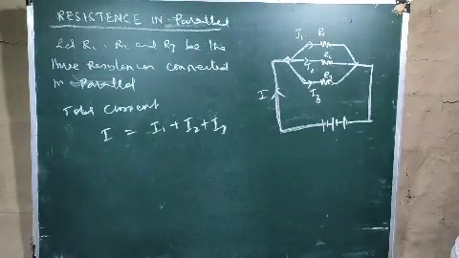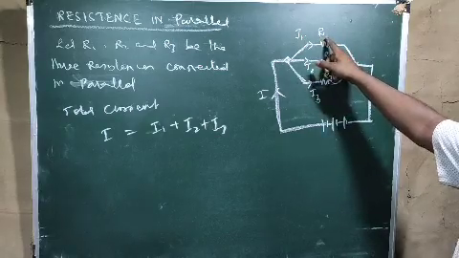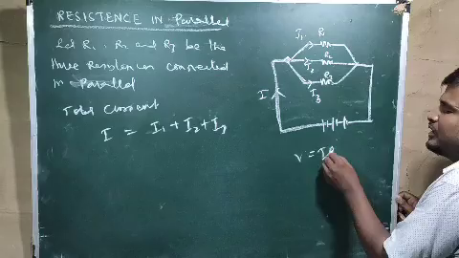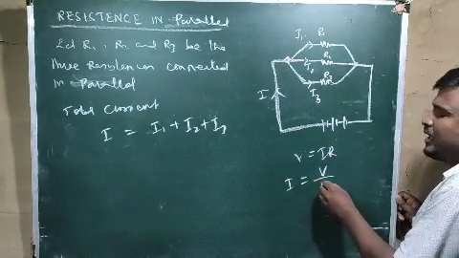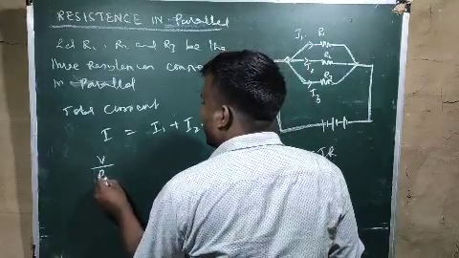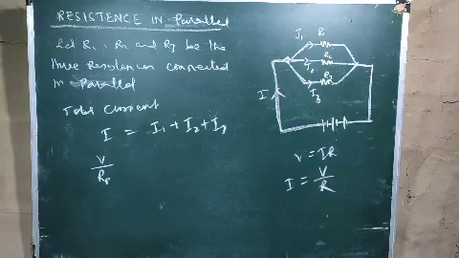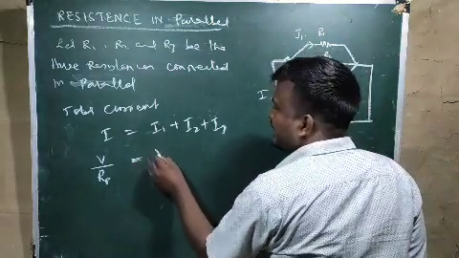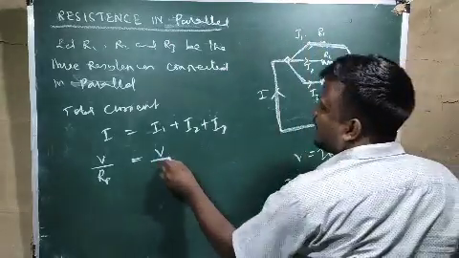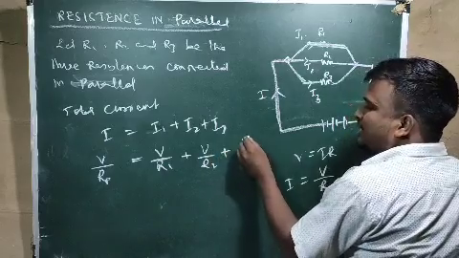Now, across this resistance, what will be the potential difference? Across this, what is the current I1? According to Ohm's law, V equals IR. If V equals IR, then I will be equal to V by R. So in place of I, we can write V by RP. Why RP? Because these resistors are all connected in parallel. In place of I1, what can we write? In this branch, how much current is there? I1. So I1 will be equal to V by R1. Similarly, across I2, V by R2, and across I3, it will be V by R3.